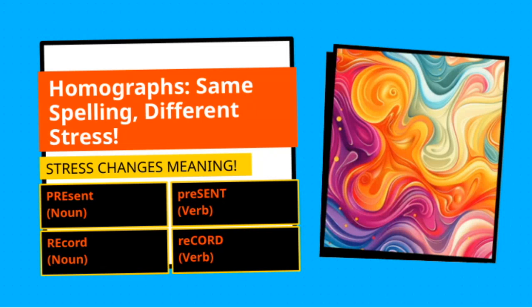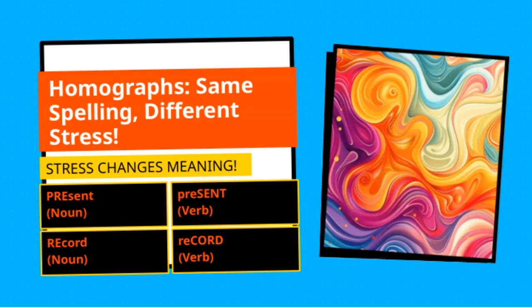Let's take a closer look at how stress changes the meaning of words. On this slide, you'll notice the word record and how it can function as both a verb and a noun depending on where we place the emphasis. When we say record with the stress on the second syllable, it's a verb, meaning to capture or store information. But if we emphasize the first syllable, record, it becomes a noun, referring to the thing that has been recorded